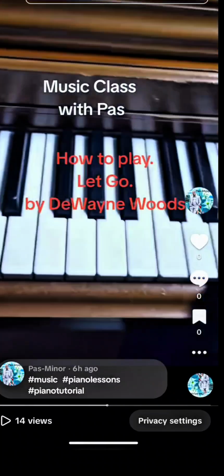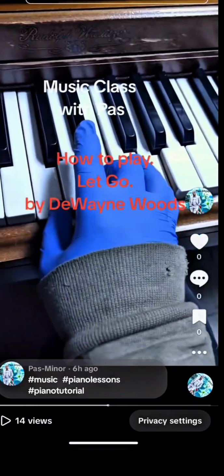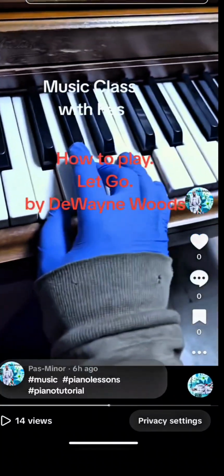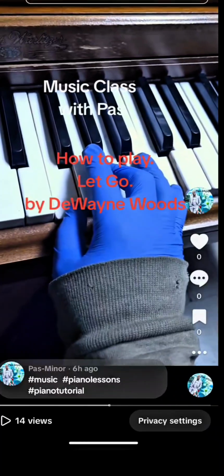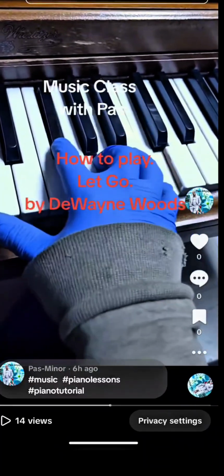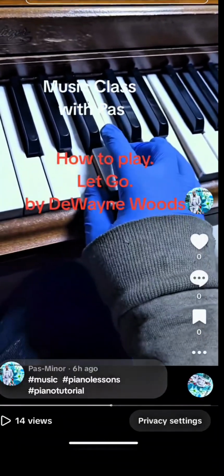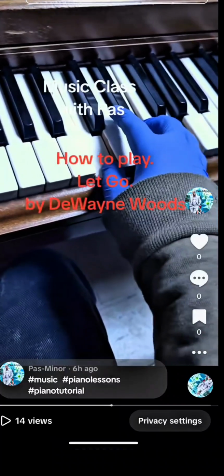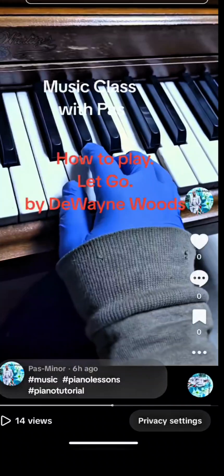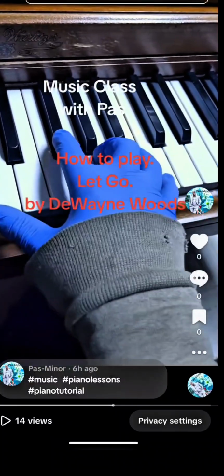And then the chorus is: Soon as I stop worrying how my story ends, when I let go and I let God have his way, that's when things start happening. When I stop looking at back, when I let go and I let